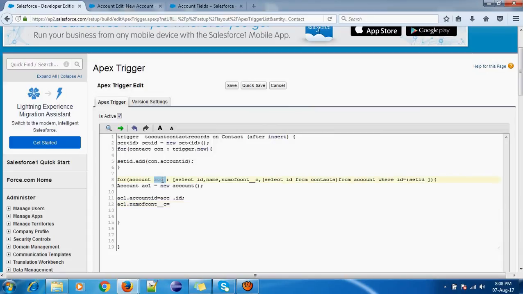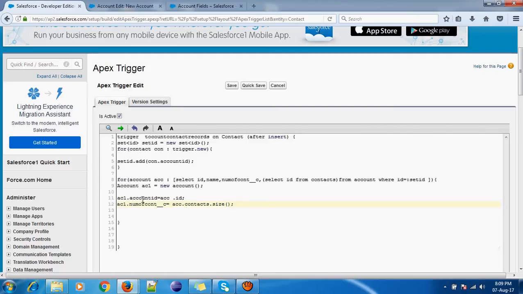Please note that in ACC all the query whatever we have made, we are traversing using ACC. So AC1 dot number of cont underscore C should be equal to ACC dot contacts dot size. Using size we are calculating the total number of contacts present.